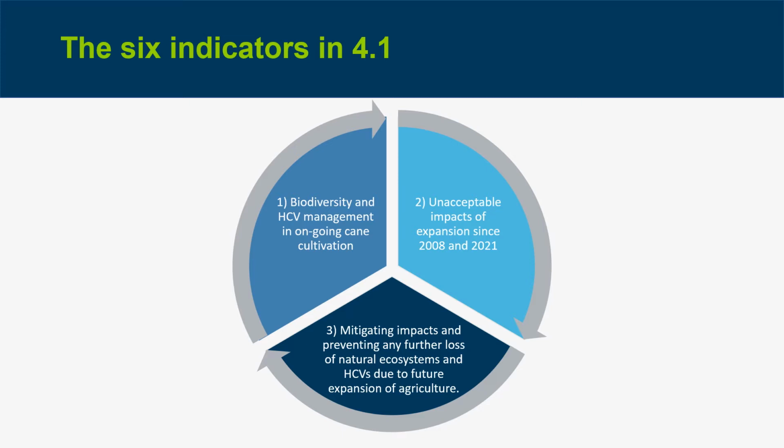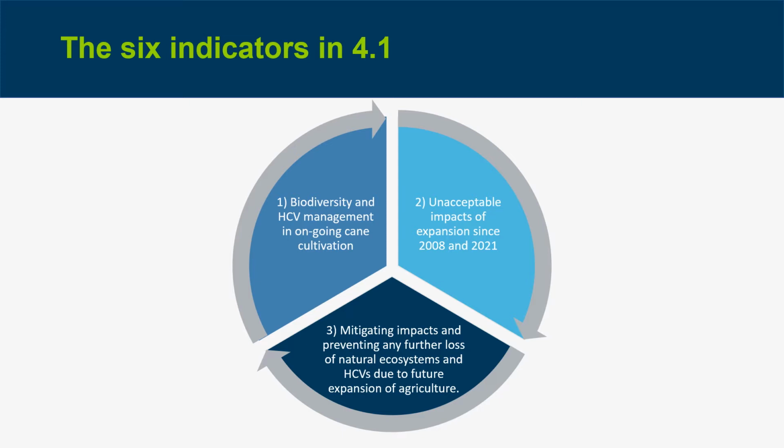The advantages of mapping biodiversity and natural ecosystems across the wider supply base area include, of course, providing a perspective of landscape-level biodiversity features, such as riparian areas or habitat corridors, that benefit from a coordinated approach to mitigate impacts from cane production and to maintain or enhance these features. And of course, screening which biodiversity and HCV features are likely most relevant within individual farms to guide operators in developing the biodiversity management plans for ongoing cane cultivation, so in 4.1.2,